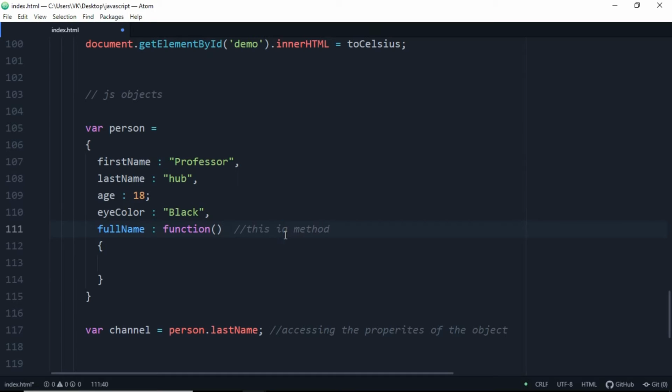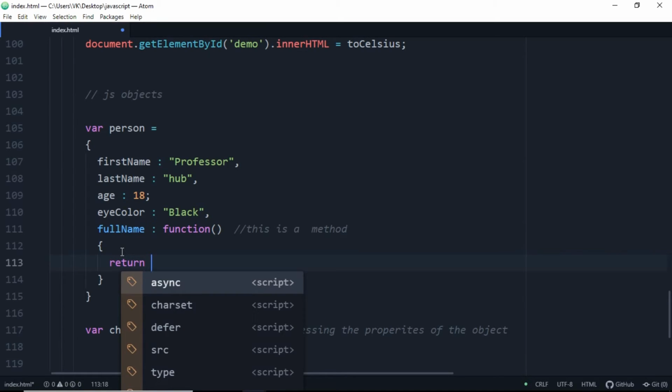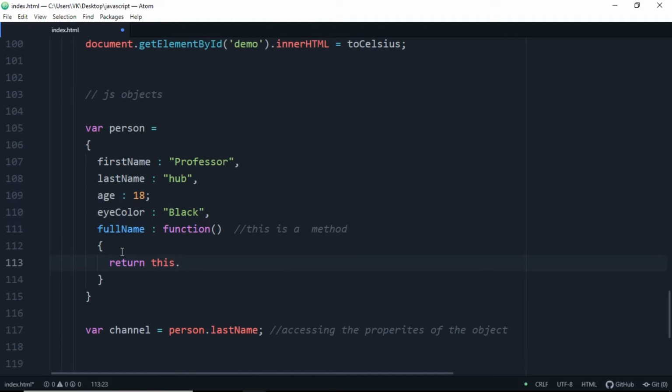Inside the curly braces of this function, which is the property fullName, we are going to add the first name and last name. So when we access the full name, we are going to get the result as Professor Hub, not Professor underscore Hub.